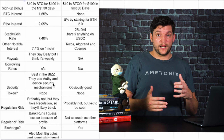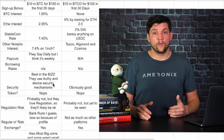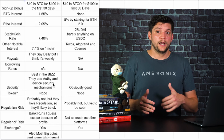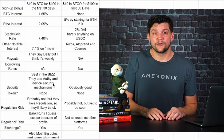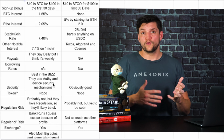Gemini and Coinbase really shine in terms of security compared to other crypto platforms. They have web and phone apps. They can be secured by either Authy or two-factor authentication. Gemini's actually will function with, for instance, the MacBook fingerprint scanner or any sort of biometric scanner that you have. They also have an Authy app, which will add an extra layer of security